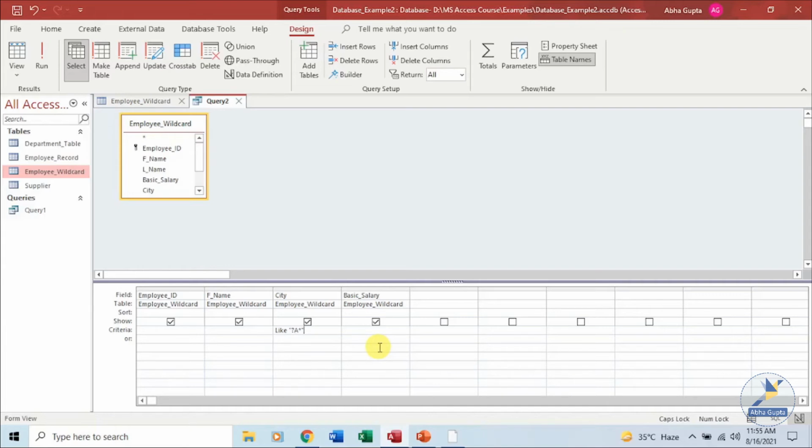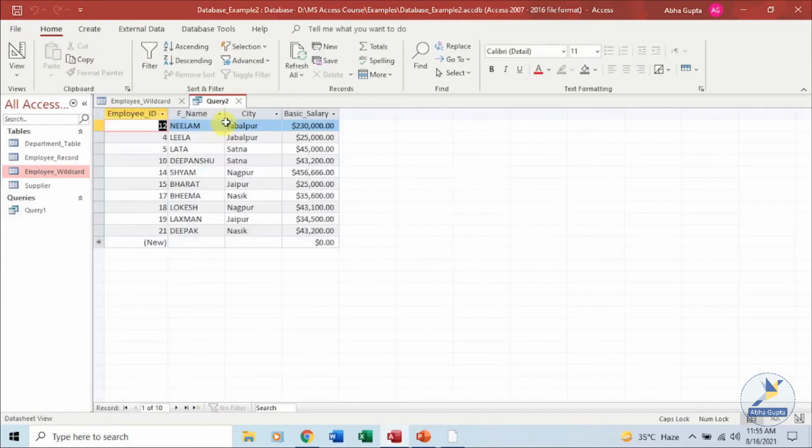The first thing you will observe is that we can use more than one wildcard character in the same criteria. We have used the question mark and the asterisk. The asterisk will represent any number of characters after A. Before A, a single character will be matched, a single alphabet, and then you will get the answer of your query.